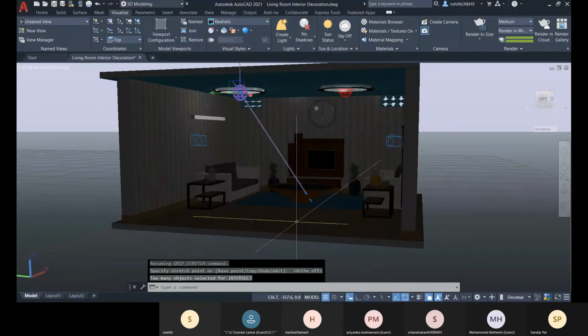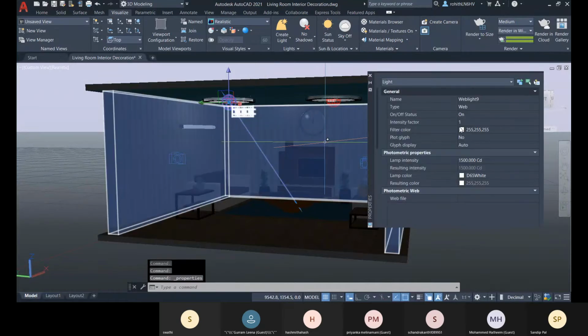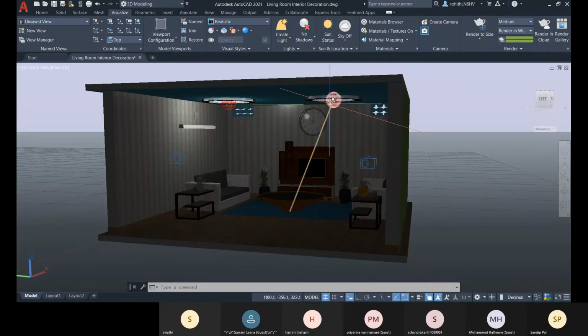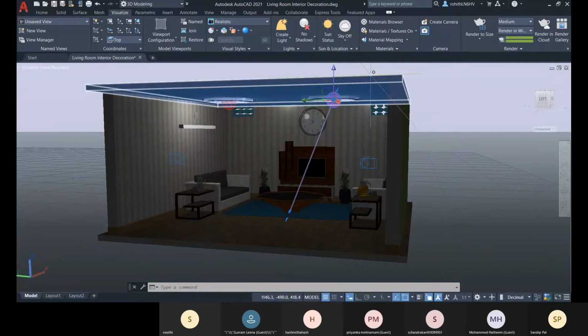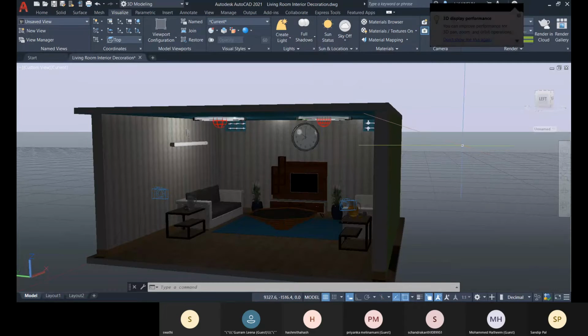Now let me select this light, control 1, and there you can change the intensity to like 3000, sorry, 3000. And for this also you can make it the same. Enter.